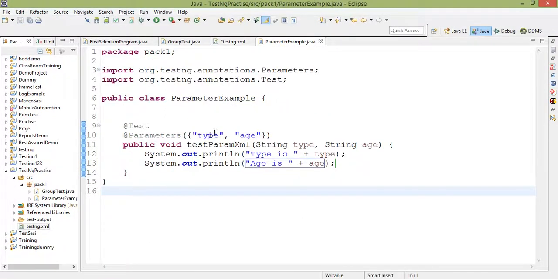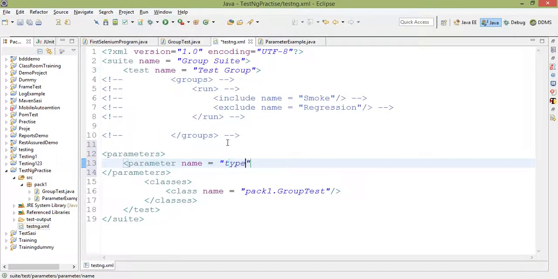I have given us a first one, which is type, so copy it. It should be the same one which I gave in that parameter annotation. And what's the value I need to give it here? I can give some value. I will give my name. Okay,